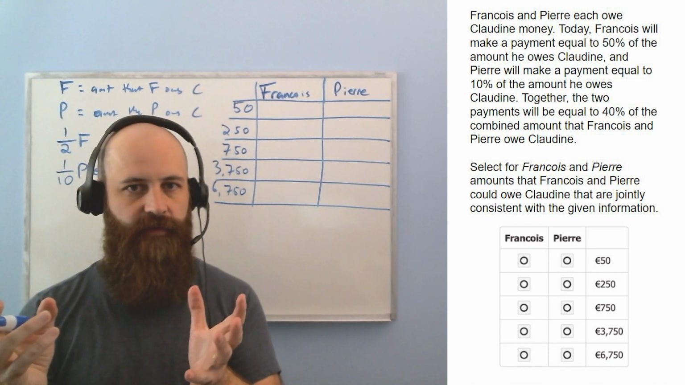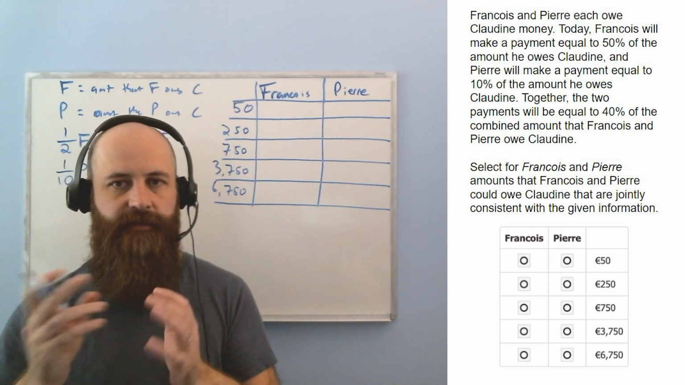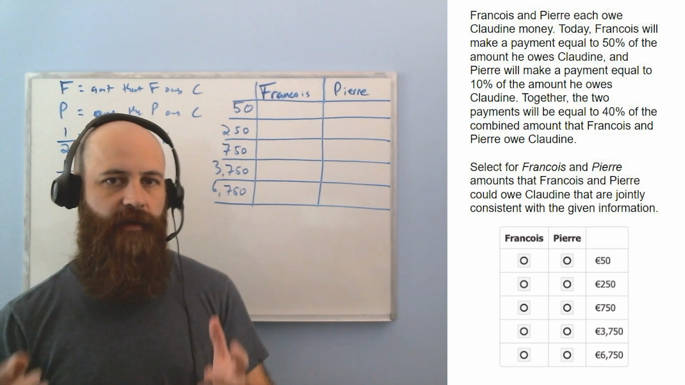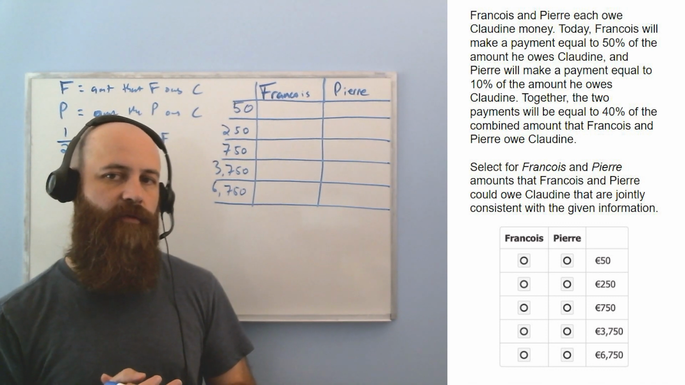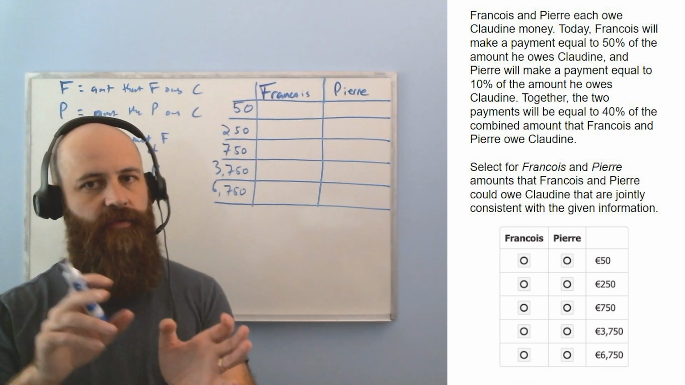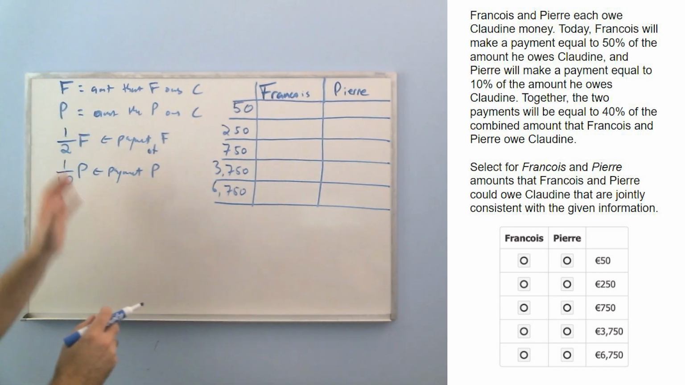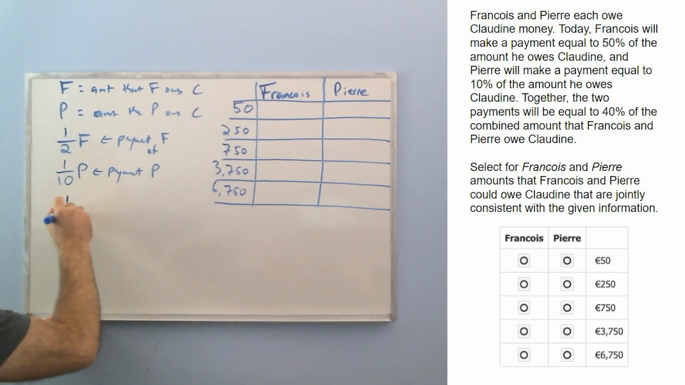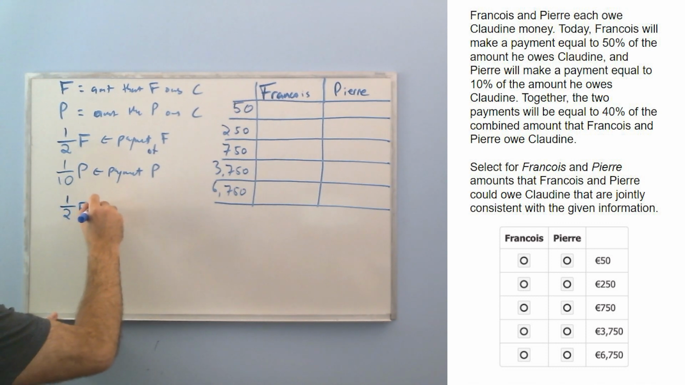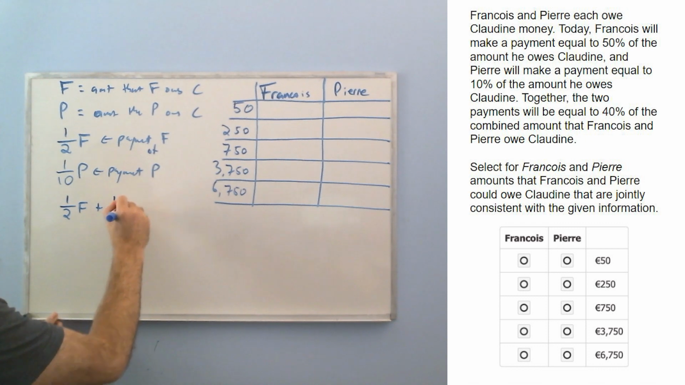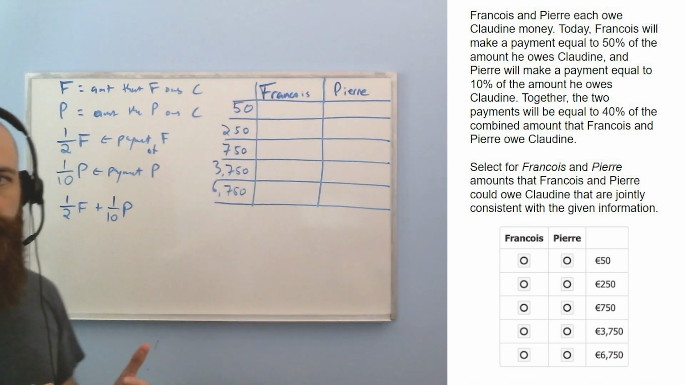Okay, so I finished the first sentence. Second sentence: together the two payments will be equal to 40% of the combined amount that Francois and Pierre owe Claudine. Okay, so let me start with the two payments. Together, these two payments taken together, that means add. So I'm going to add 1/2 F and 1/10 P, and that's together how much they're going to be paying